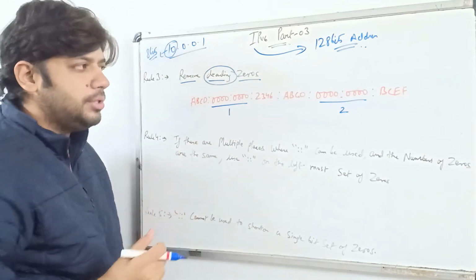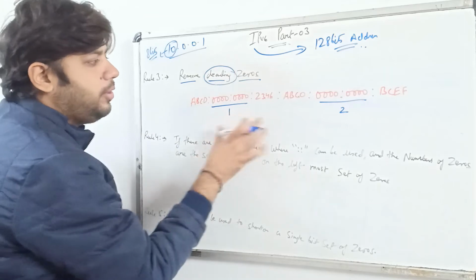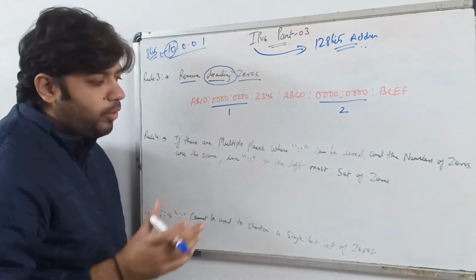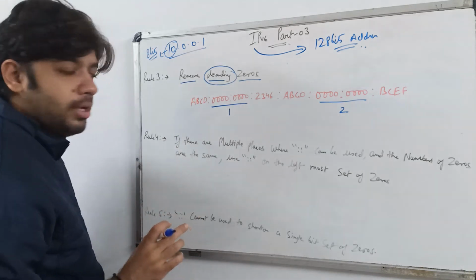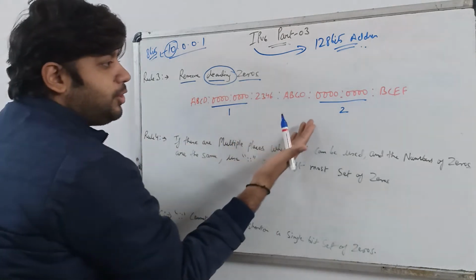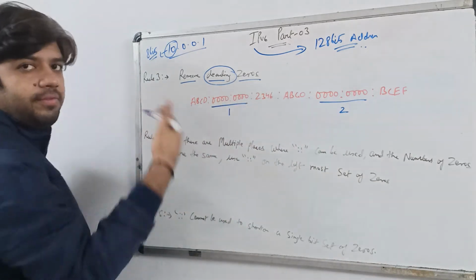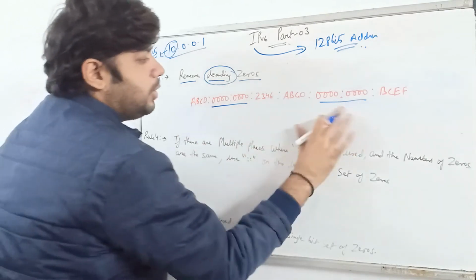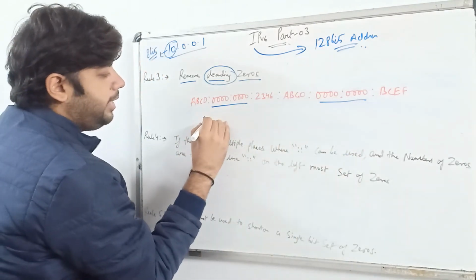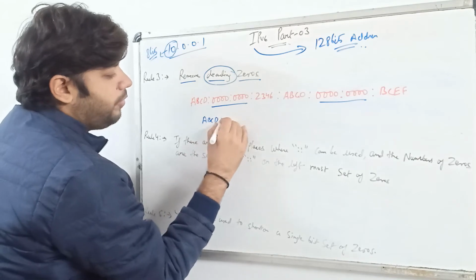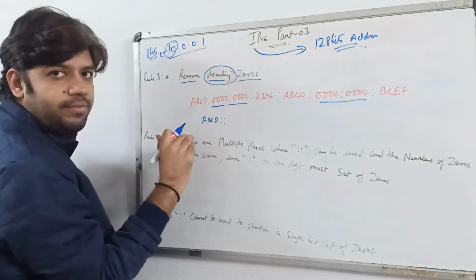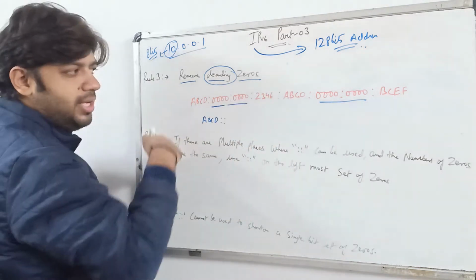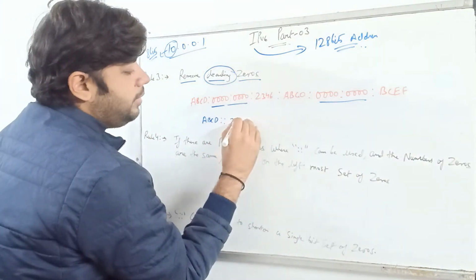Now we are confused about where we can use it, because I already told you that we do not use the double colon more than once in an IPv6 address. So what can we do in this case? We always use the double colon on the left side of the IPv6. If I need to abbreviate this, we can go like this: A, B, C, D, and then the double colon, because this is the most left side of my IPv6. And then we can go for 2, 3, 4, 6.